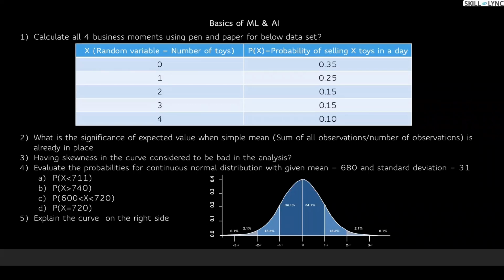When we play around with the data, that point also we can predict to some extent, but with less accuracy. But we know that we can predict by just looking at the data. For example, for the bigger data sets, it's not possible to predict just by looking at the data. So you have to play around with the data. You have to do a lot of exploratory data analysis, abbreviated as EDA. EDA in the sense is all the business movements calculation which we have to do in descriptive analytics. That will help us in predicting.